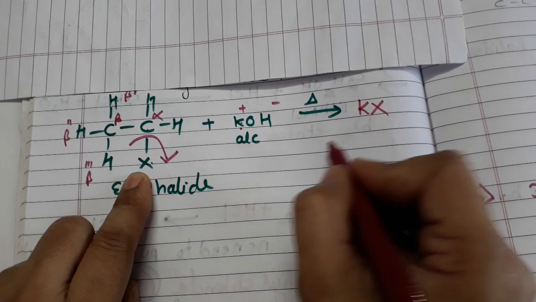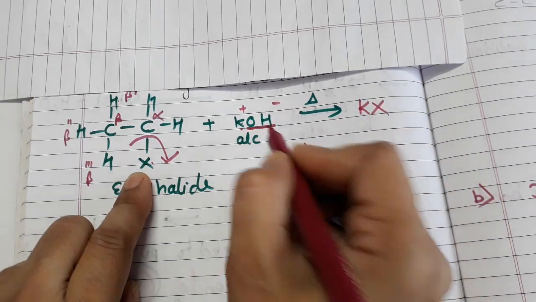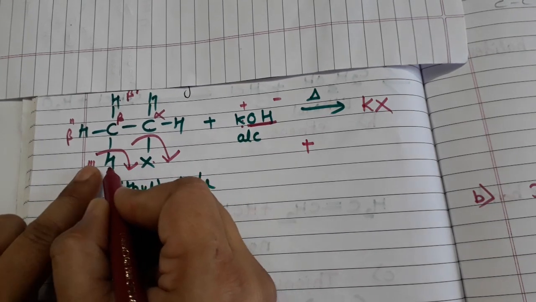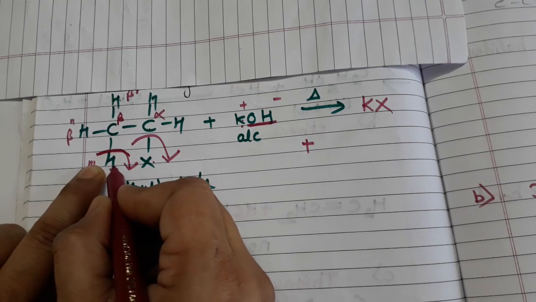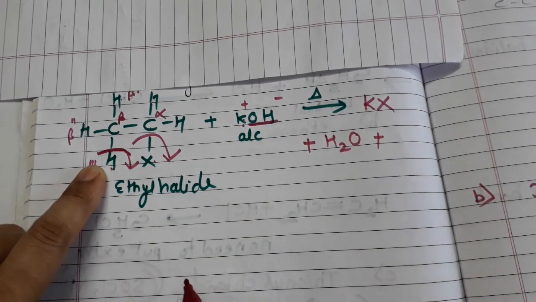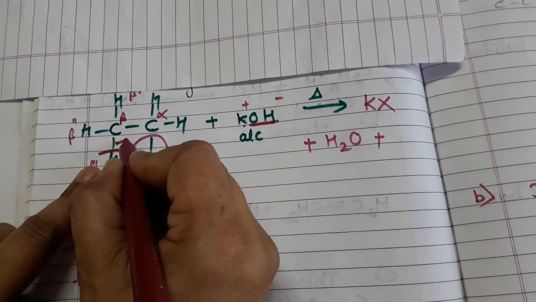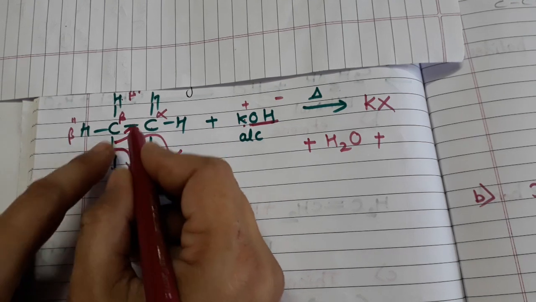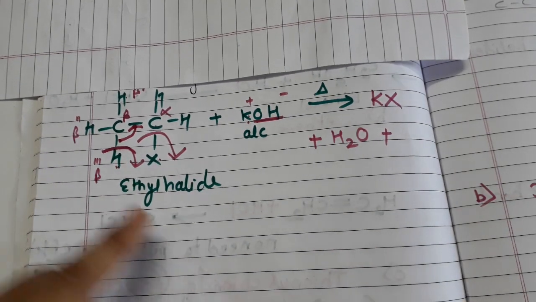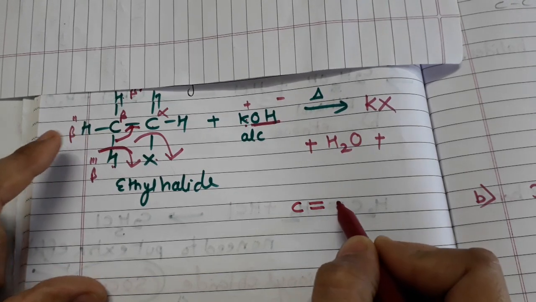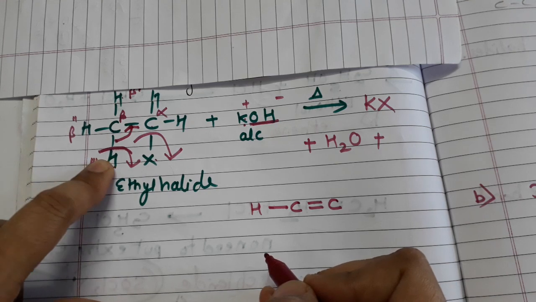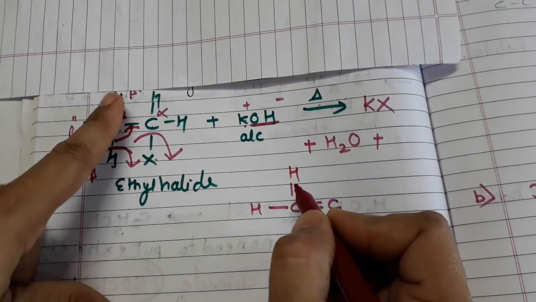So I write KX, then OH minus is left. Now this OH minus is going to connect with H plus, this H will come out as hydride. So H plus OH minus, we are getting water, okay. Then just see, these electrons will shift from the bond towards the center of both the carbon atoms. So we will be getting here carbon, double bond carbon. Now this side hydrogen is there, yes. Do we have this hydrogen now? No, we do not have. Now this hydrogen is there, yes.